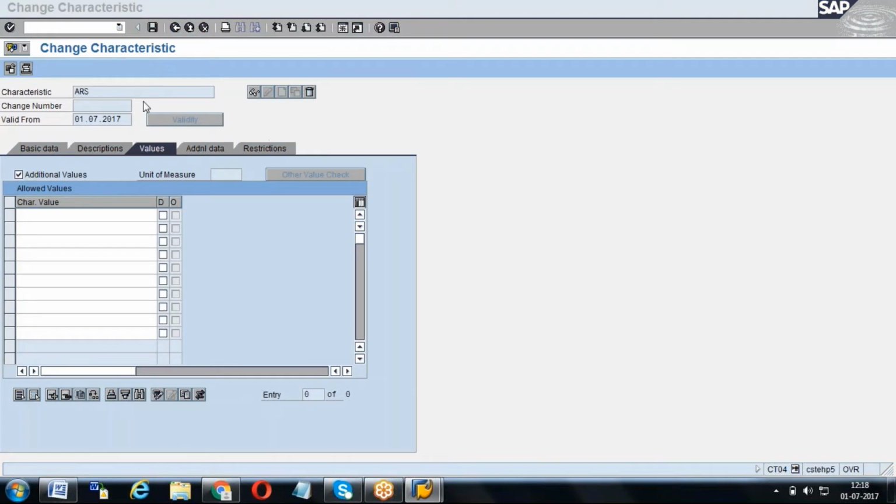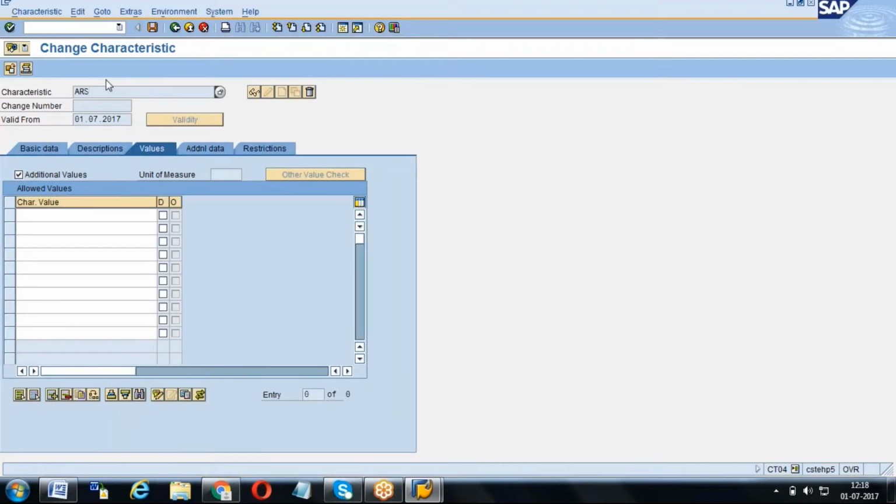When you are creating any characteristic in CT04, if you give the values here, what is the use of that? Those values will be visible when you are maintaining the strategies. Exactly, if you give the values here, there you can just select them. If you don't give them here, there you have to enter them manually. Generally the suggestion is that we always maintain the values in characteristics. Then when you maintain the strategies, we just select which characteristic value you want. To allow the system to give values directly, we should keep this one.